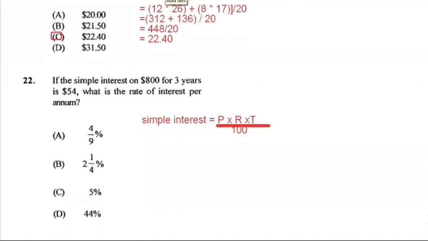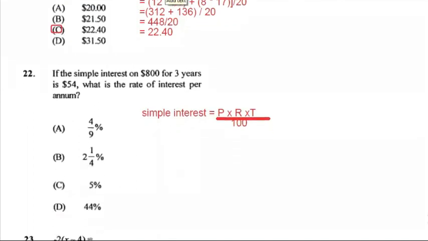22 states if the simple interest on $800 for time 3 years is $54, what is the rate of interest per annum? So if you remember our formula for simple interest, it's principal times rate times time divided by 100. And in this case, we're trying to find the rate. So should we transpose, it will become